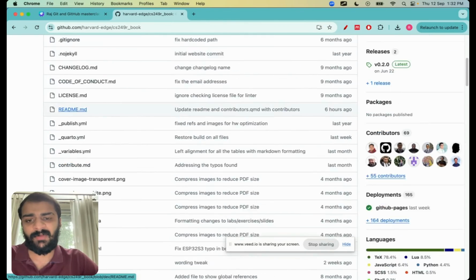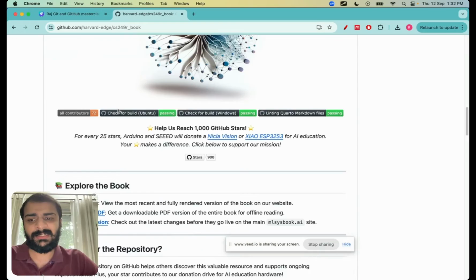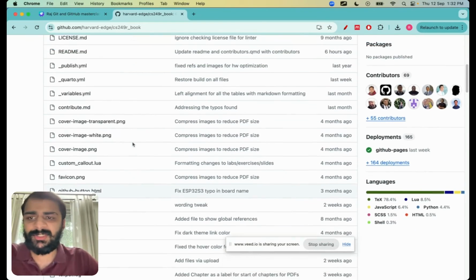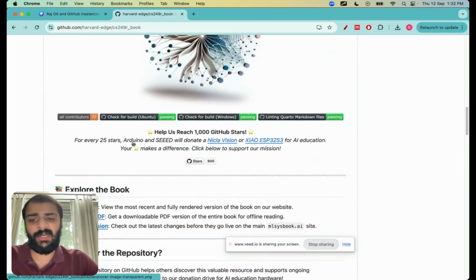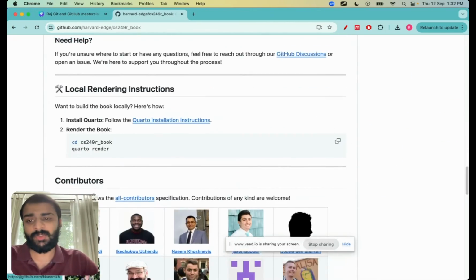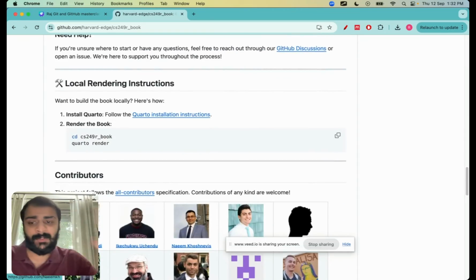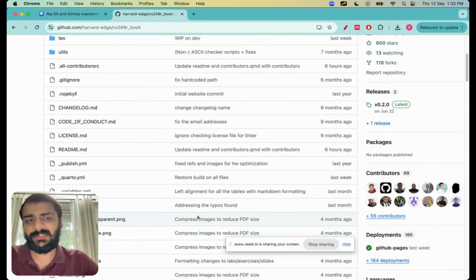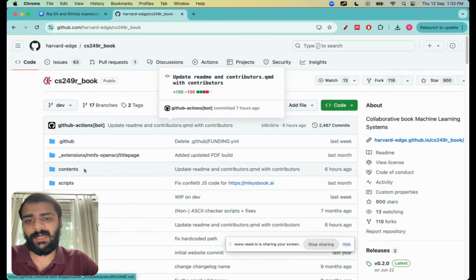So here's the readme file, right? Readme file is basically this section over here, and I want to see what is the history of changes in this readme file. So whatever you see over here has not been written by one person and has not been written at one time. It has been contributed by multiple people over a period of time. So I can even see the history of changes. So let me click on this readme file. If I click on this readme file right now,